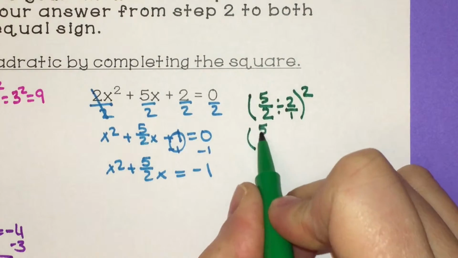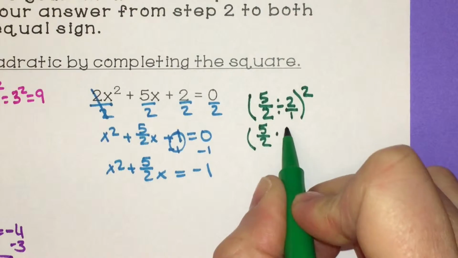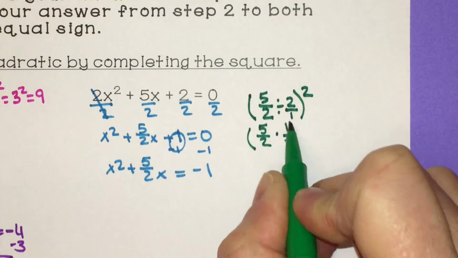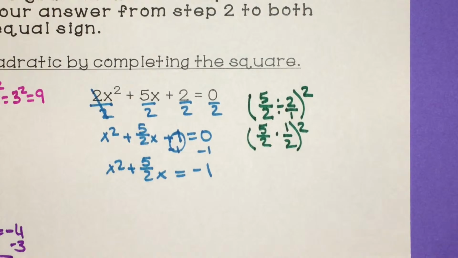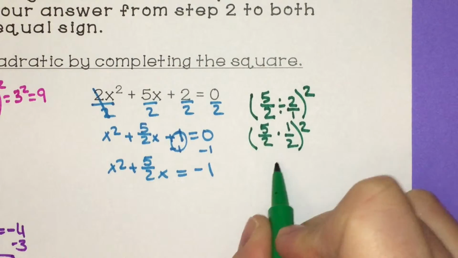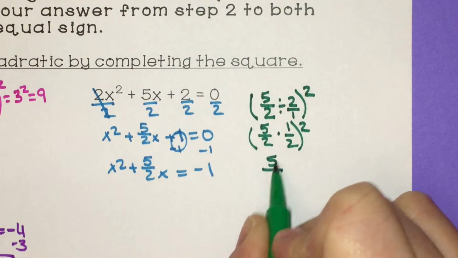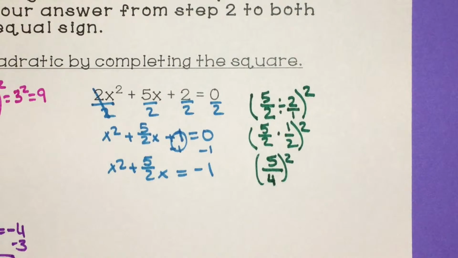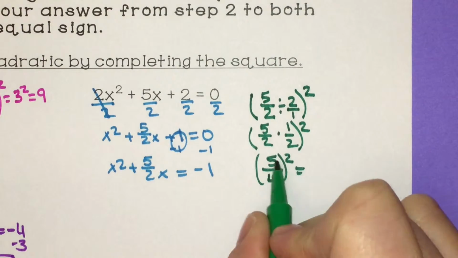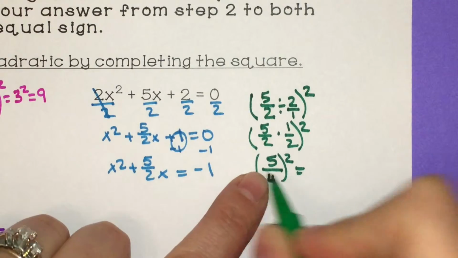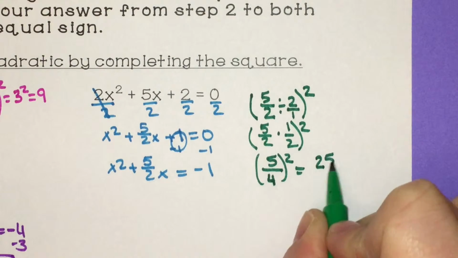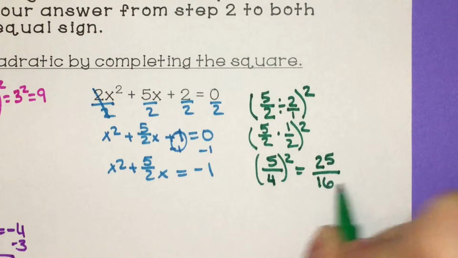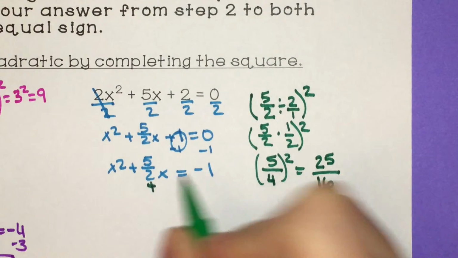So you keep your first fraction the same, change division to multiplication, then flip the second fraction over. Now I can multiply. 5 times 1 is 5, over 2 times 2 is 4, and I'm going to square that. Remember, when you're squaring, you have to square each. So 5 squared is 25, over 4 squared is 16. So we are going to add